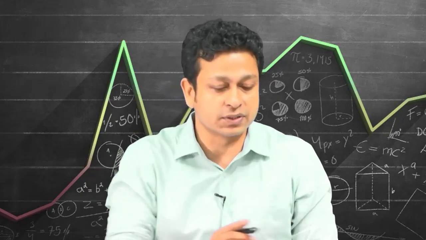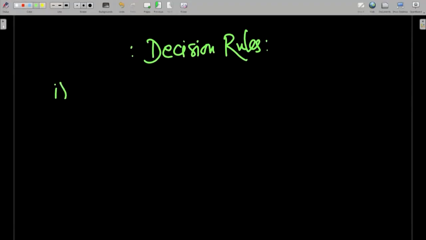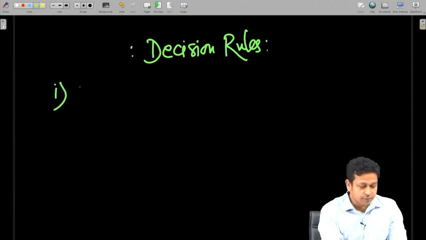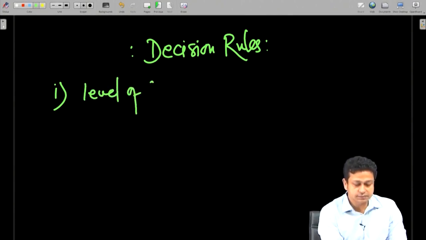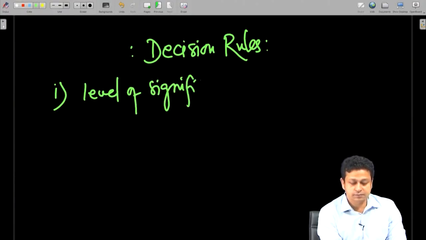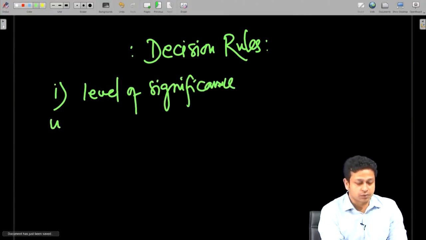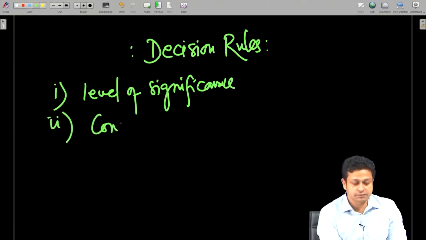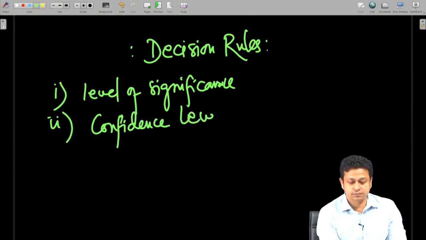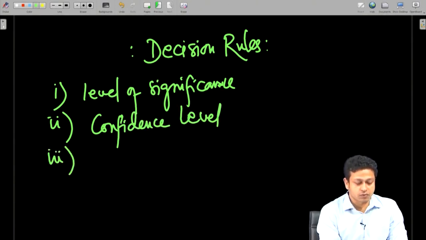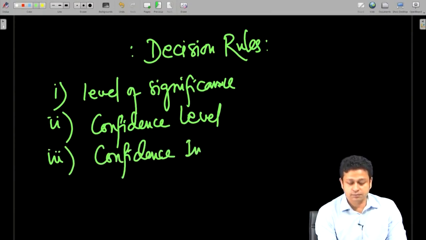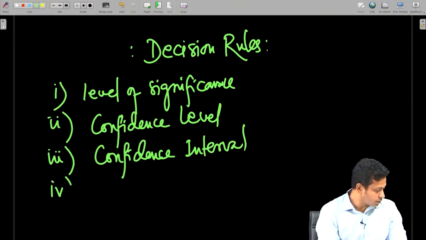These are the level of significance, the confidence level, the confidence interval, then the p value,